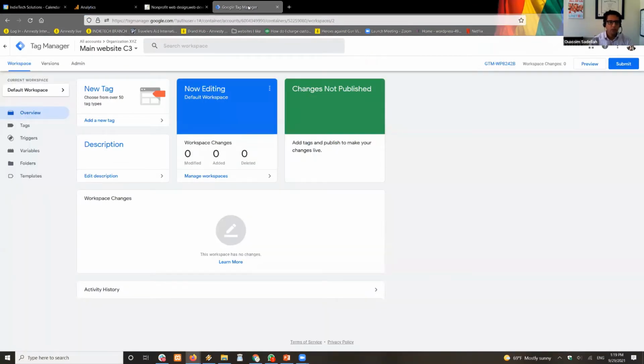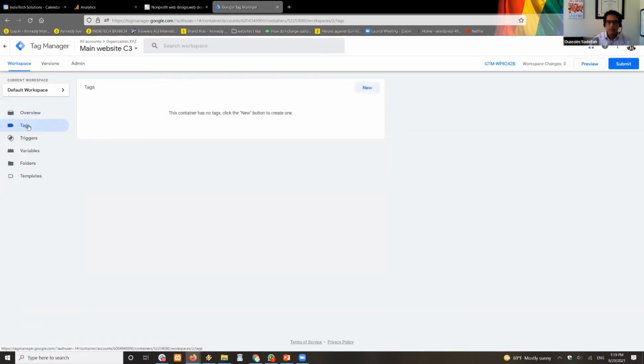Okay. So once you are here, it doesn't have a lot of options, but some of the options are confusing. There are two very important things that you need to know. The others you don't need to know, as you can do a lot of things without them. So the first thing is tags. This is the most confusing one. A tag, once again, is not like a taxonomy. It's not something you add to your content. A tag here is what the piece of code will do. What are you going to do with it? That's how I see it.